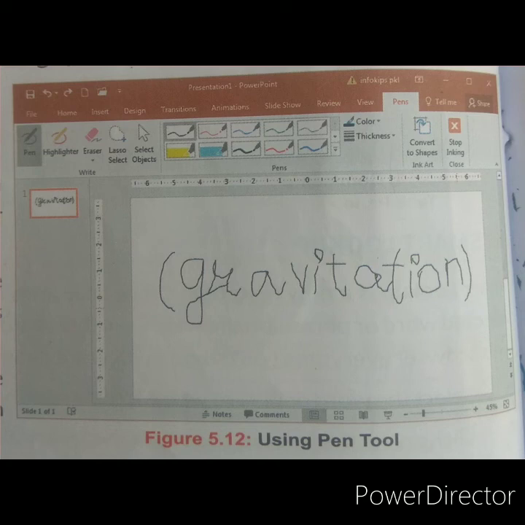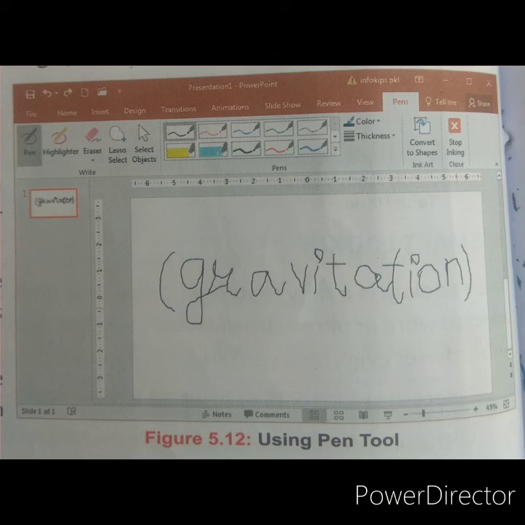In the right group, choose a colored pen from the pen group. There are so many colors: pink, red, blue, yellow. You can choose any color of pen from the pen group and click on the More drop-down arrow to view more options for your selection. To change the ink color or thickness of the pen, click on the color or thickness options. You can change the color. Thickness means it can be small, it can be wide. It depends on you how much thickness you want of the pen.